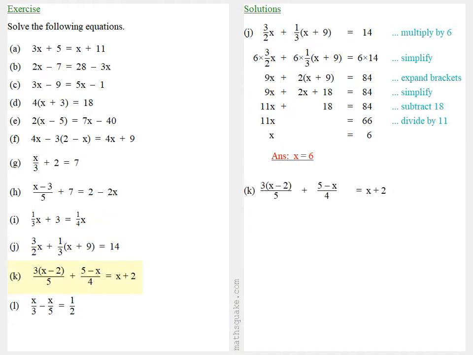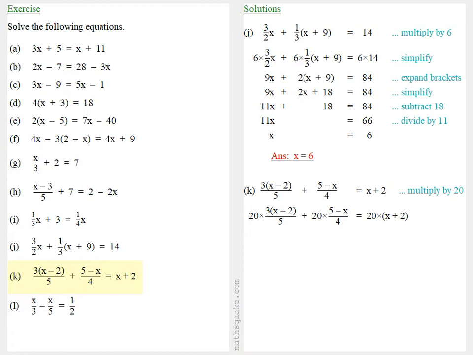In question K, we have 3 into x minus 2 all over 5 plus 5 minus x all over 4 equals x plus 2. And we want to get rid of the fractions, so we need a number that 5 and 4 will cancel with. So we multiply by 20. So we have 20 times each of the terms. 20 times 3 into x minus 2 over 5 plus 20 times 5 minus x over 4 equals 20 times